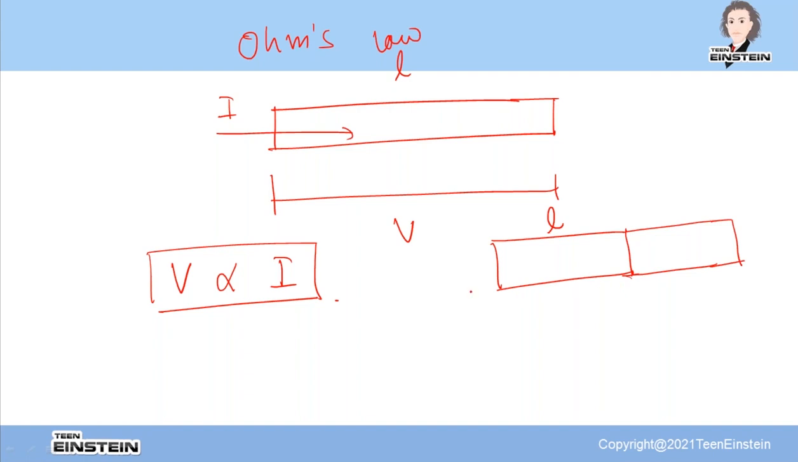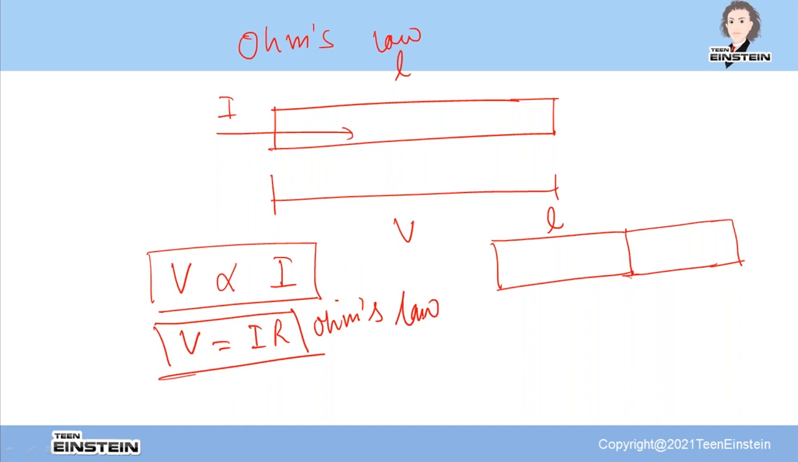So V is equal to IR. This is actually Ohm's law. Today, this Ohm's law we will learn in another form. This resistance actually